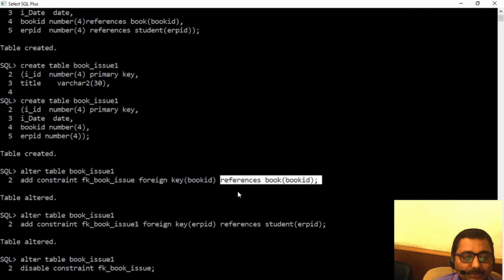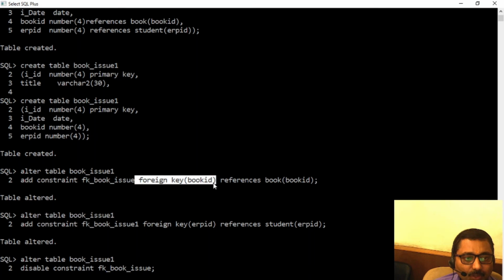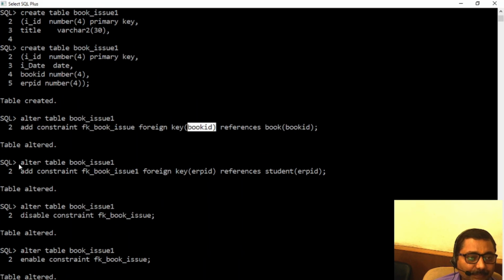You are going to link which table. This particular book ID column of the book issue table will refer to the book ID column of the book table. That's how the book table and book issue table are connected with the help of the book ID column. This is the first connection. Now we'll see the second connection. Alter table command, book issue 1. We are going to add another foreign key, add constraint.